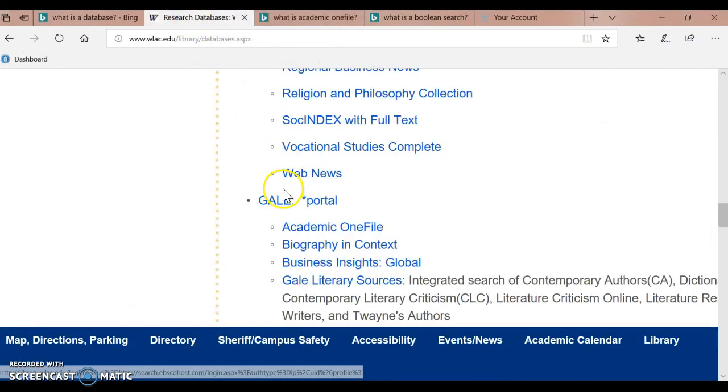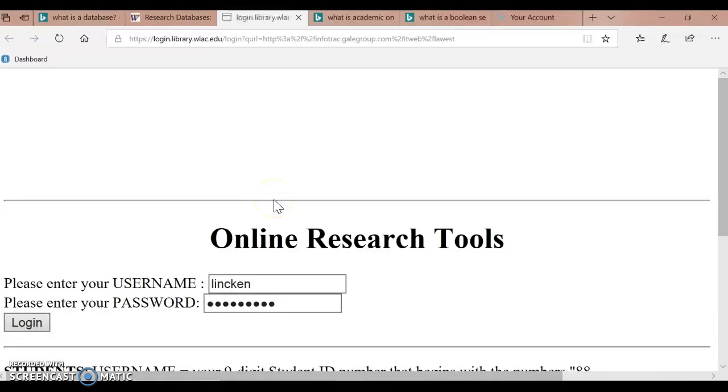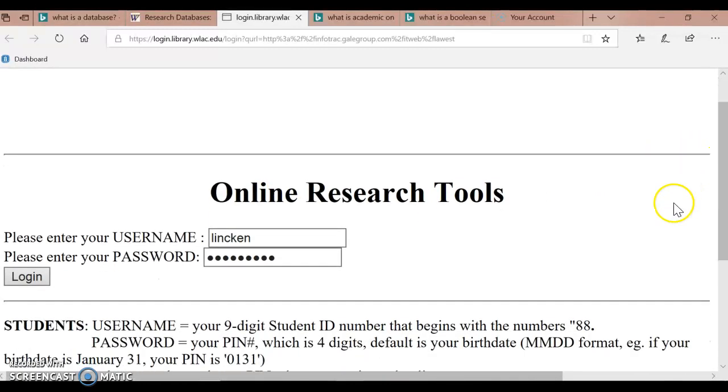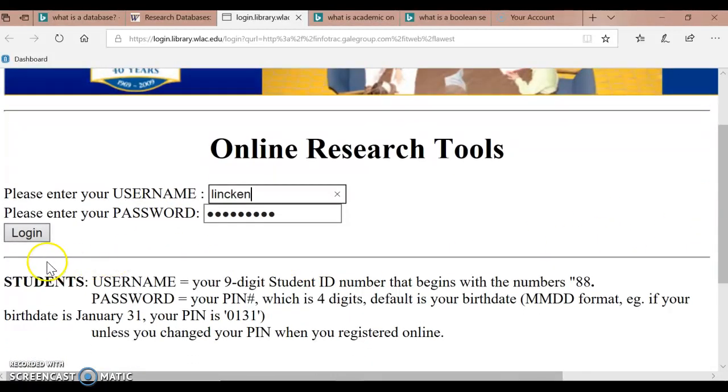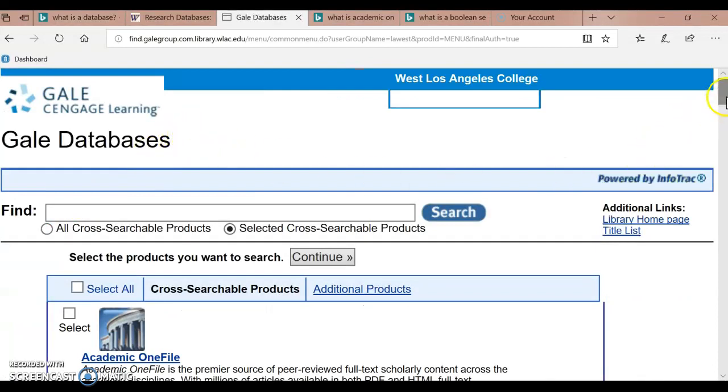We're going to go ahead and click on Gale. And what happens right away when I go into Gale is I'm prompted for my username and password, and you will have to give a username and password. If you do not know how to log in, simply go to the directions for students here, and you will be able to log in if you are an enrolled student in West Los Angeles College. Okay, so I'm going to go ahead and log in, and wait for Gale to come up. Okay, so Gale has come up,